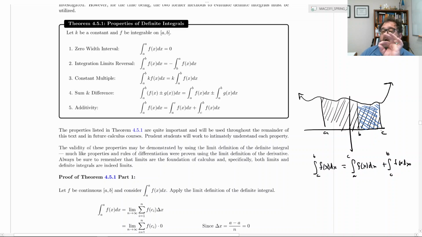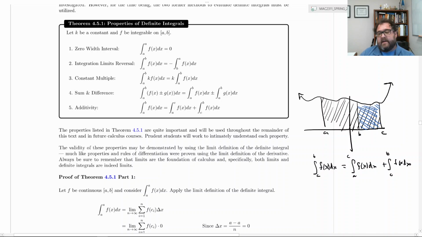So I would have to reverse the limits of integration and put a negative sign out front. Then it makes geometric sense, because I would have the definite integral of the whole thing from a to c minus the definite integral of the blue region,